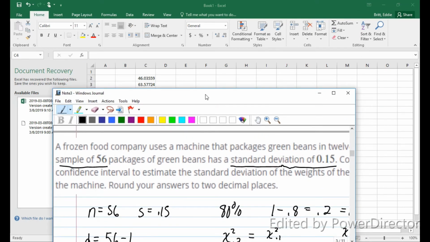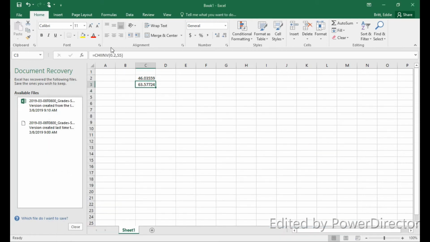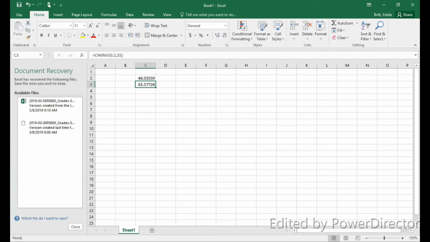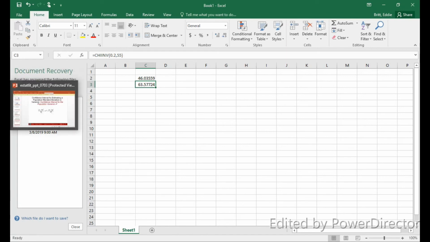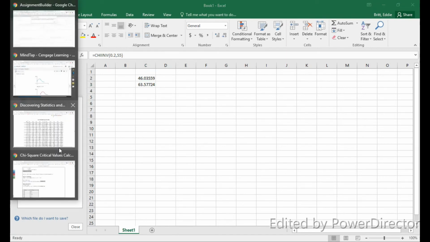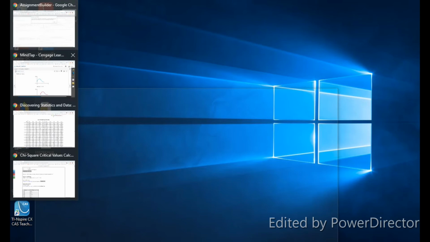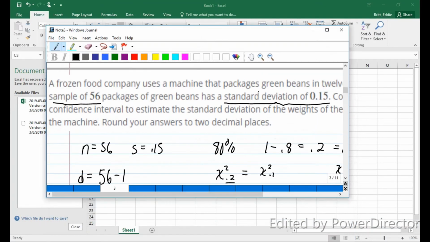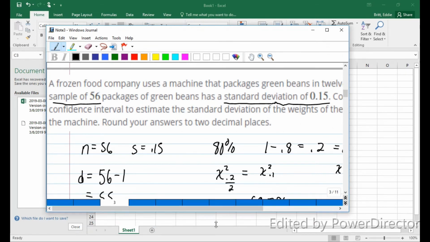Close. It's probably the way that it calculates it and the rounding that it does, but we can still use that. All right. So we have this as the one for